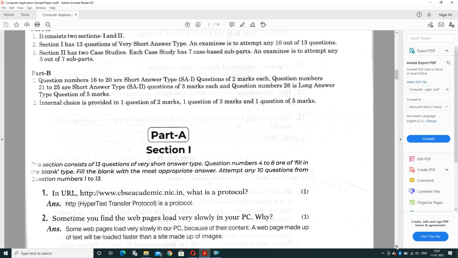In part A, two sections are there, section 1 and 2. Section 1 has 13 questions that are of very short answer type and you have to attempt any 10. Section 2 has two case studies, each with 7 case-based subparts, and you have to attempt 5 out